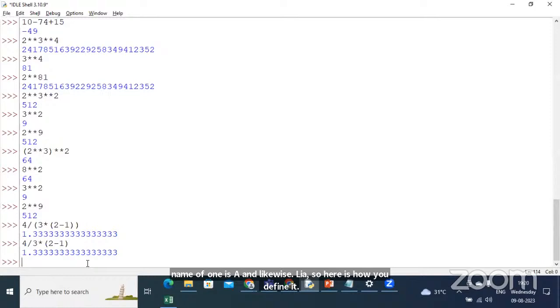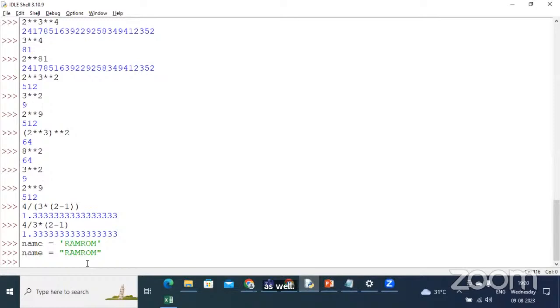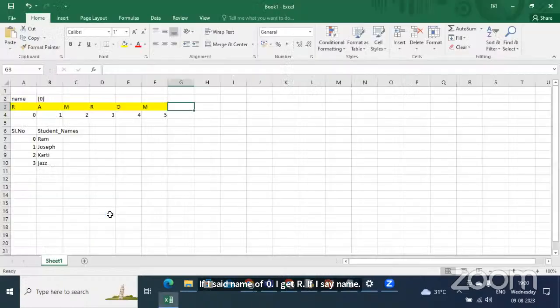So here is how you define it. Name equals RAM, ROM, with a single quote. It can be a double quote as well, or even a triple quote for that matter. But if you start with a single quote, you will have to end it with a single quote. Likewise, if I say name of 0, I get R. If I say name of 5,